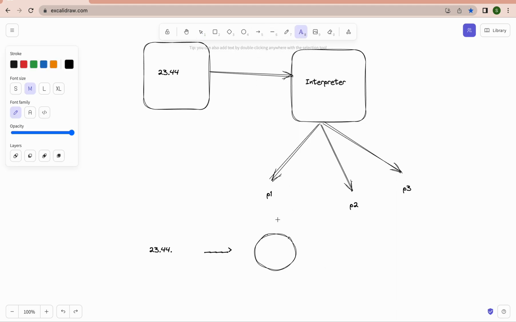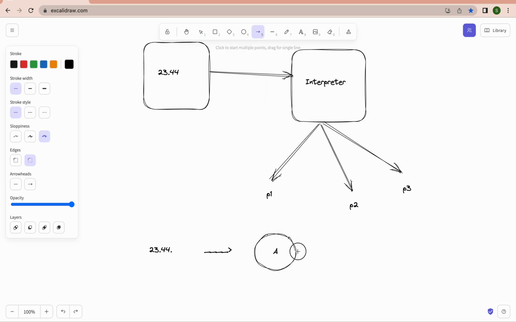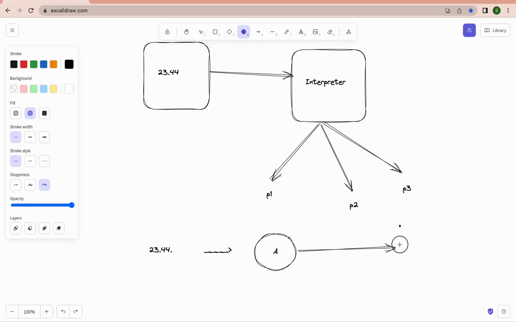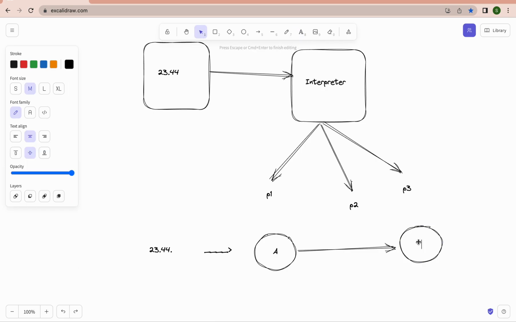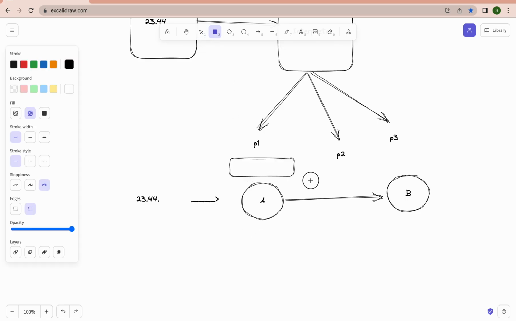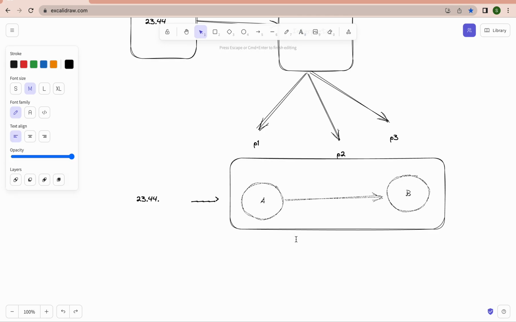This is called my circle A, or state A. Then there is another, state B. This entire diagram, with its states, is my float parsing tree diagram.